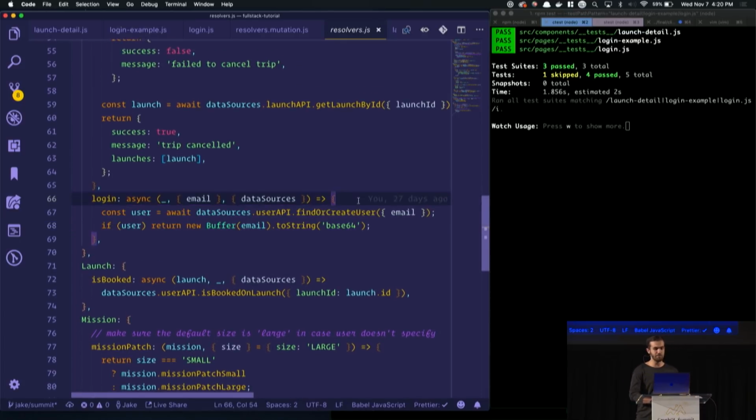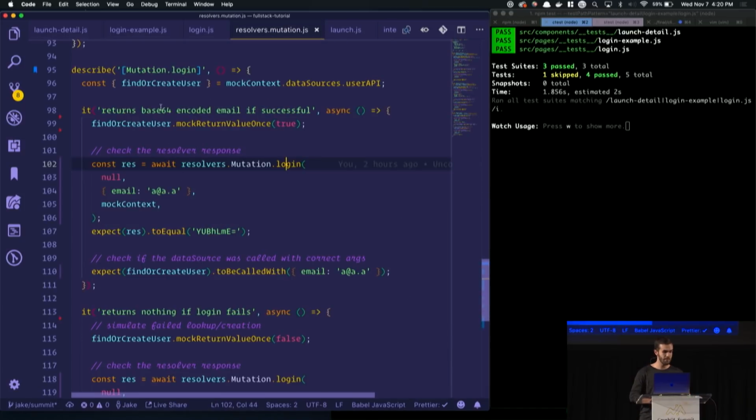We're not actually importing anything at the top of this file and using it inside the resolvers, because that makes it a little bit harder to mock. And most of the time, you can pass these things through as arguments, whether it be on the context or actual arguments to a GraphQL operation. So yeah, here it's just looking up a user from the user API data source, and if the user is there, then it's returning a token back to the user so they can make authenticated requests. So let me get rid of that.